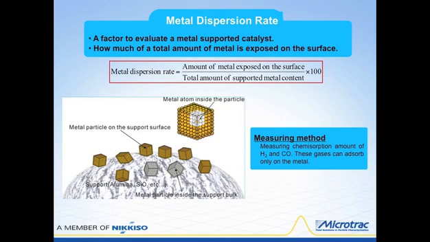So there is a means of doing this by taking a sample of this entire material and measuring the chemisorption amount using hydrogen and carbon monoxide. These gases will absorb only to the metal and interact with the metal. So as a result, only a portion of the metals are available. It's important to know how much of that is available in terms of the quality control of the catalytic converter